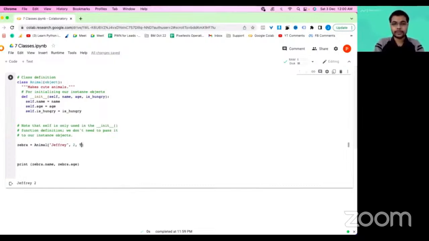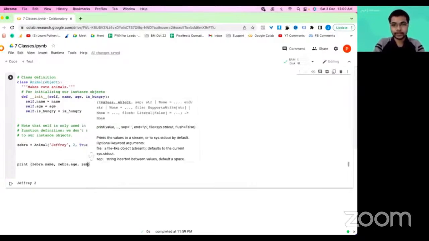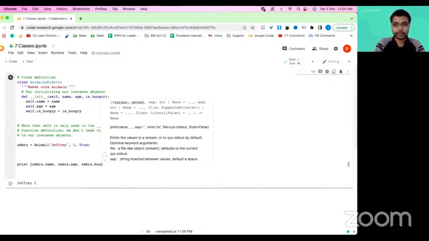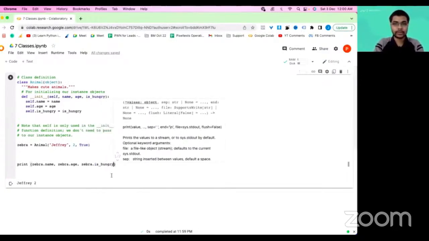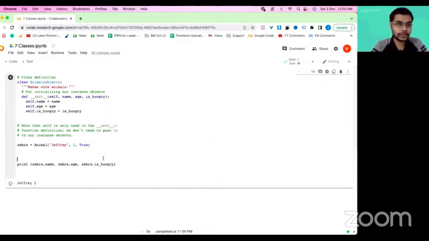Now you can say it is true or false, right? So we want to print zebra.is_hungry, right? So let's try to print it. Now it says yes, it is hungry, true, right? So this is the definition. This is how you create an object. This is how you print the attributes of the object,